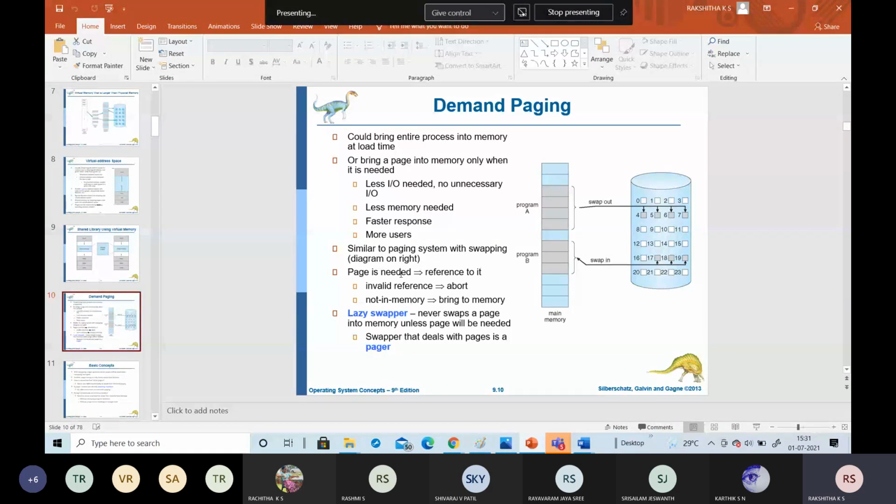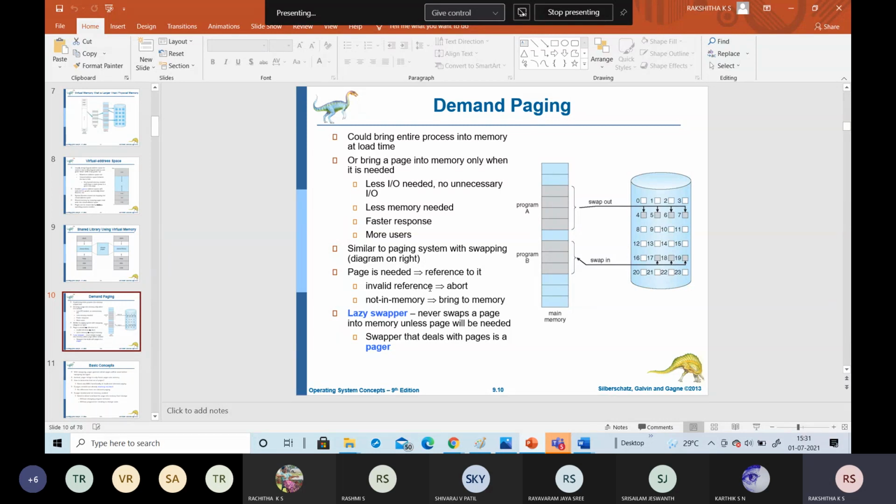Okay, so if the page is needed, it is a reference hit. For example, if a particular page is required to execute, then you are going to execute a particular value. Invalid reference: if the page you have loaded doesn't have the valid bit set.